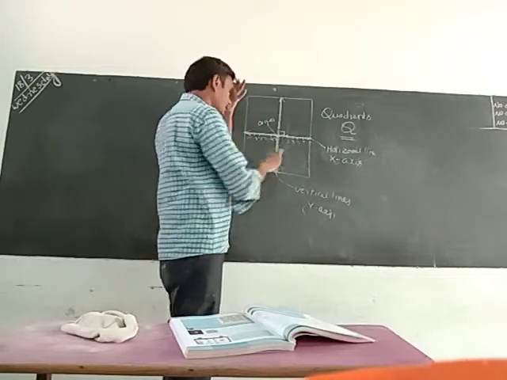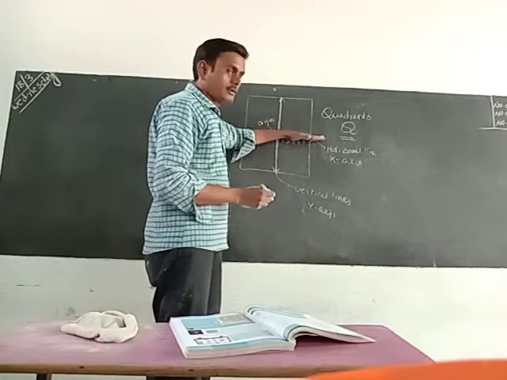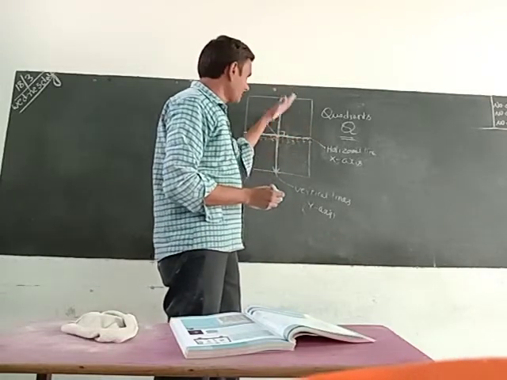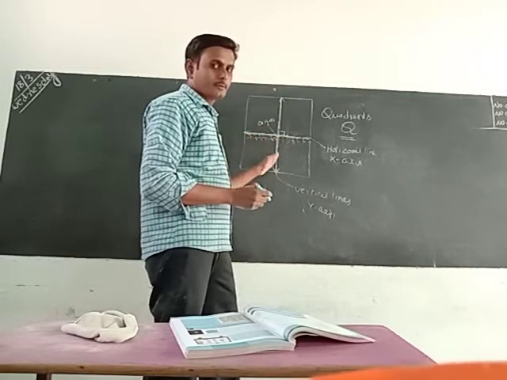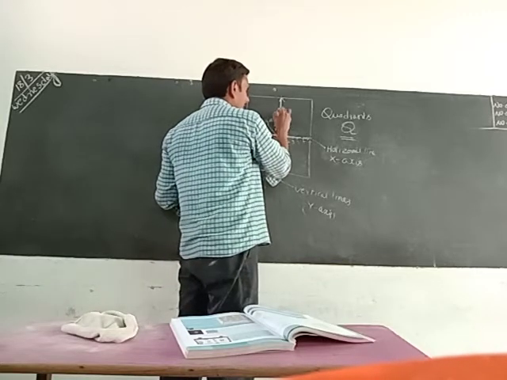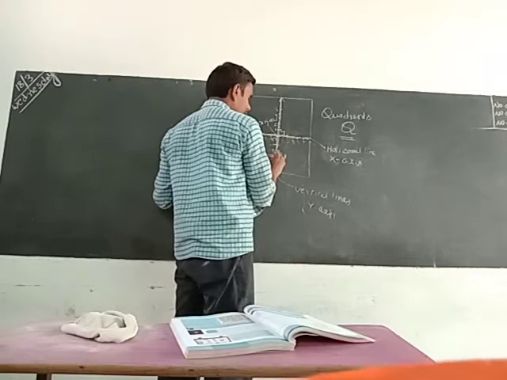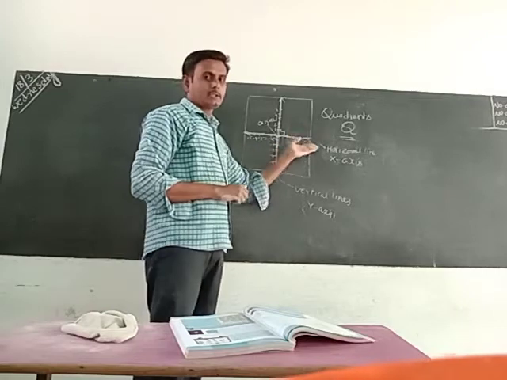The anti-clockwise direction, so we have to rotate this one also like this. This horizontal line, we have to rotate like this. Then what will happen? These positive numbers will shift upward and negative numbers will shift downward. That means we can take 1, 2, 3, 4, 5. This is -1, -2, -3, -4. I call this the x-axis, this the y-axis.